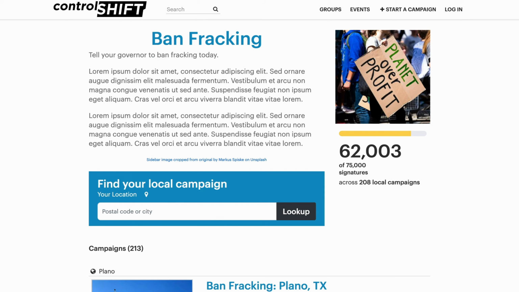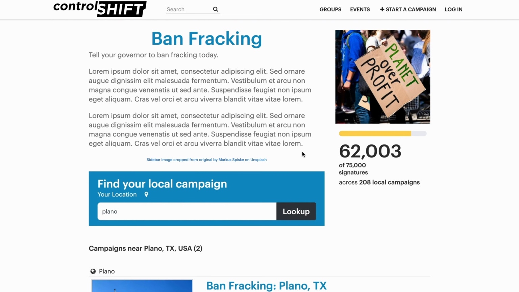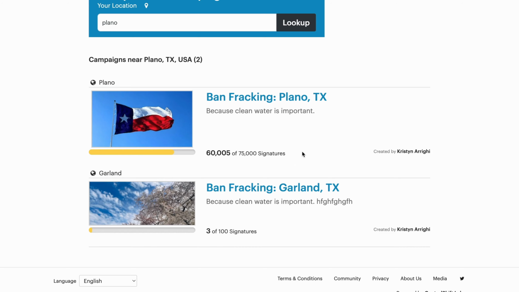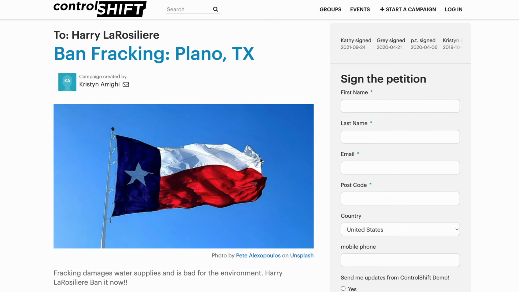As a signer, I can also find my closest campaign from the Efforts Hub page, the page that has a list instead of a map. Just like with the Efforts landing page, I can enter my city or my postcode to find my closest campaign. From here, I'll again see campaigns that are happening nearby, as well as some that are happening further away. When I see a campaign I want to sign, I can click its title to be brought to the individual petition page. This will allow me to enter my signature details and be added to this petition's mailing list.